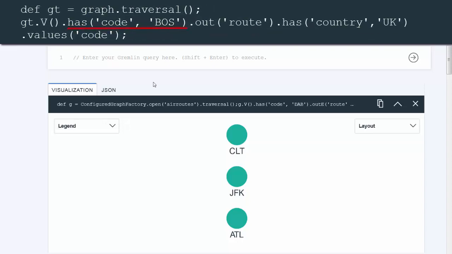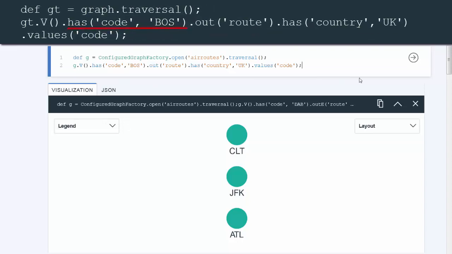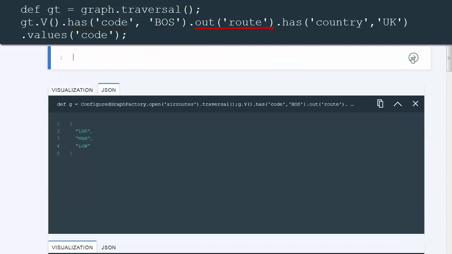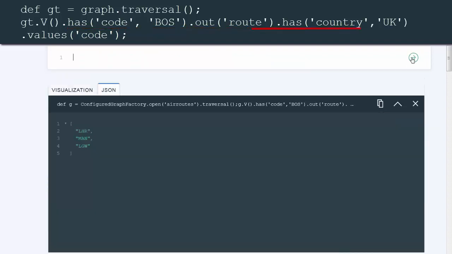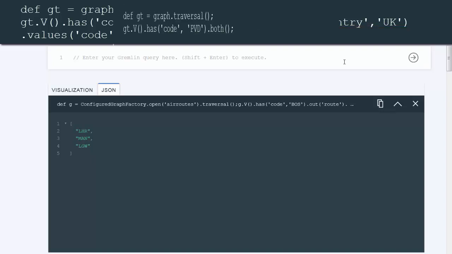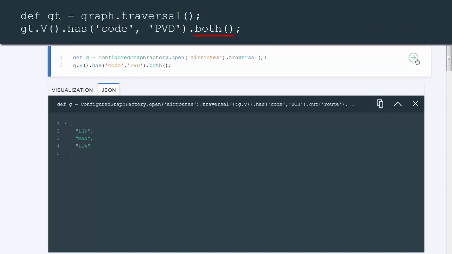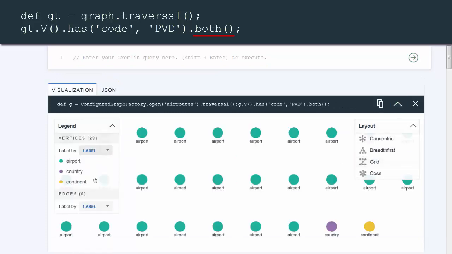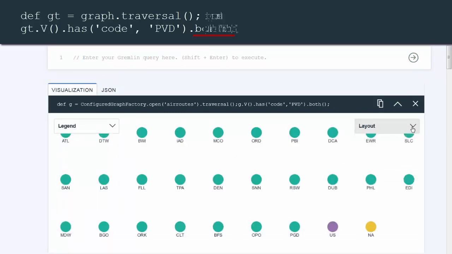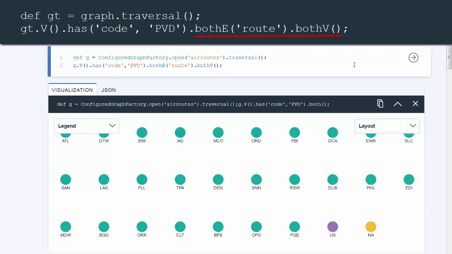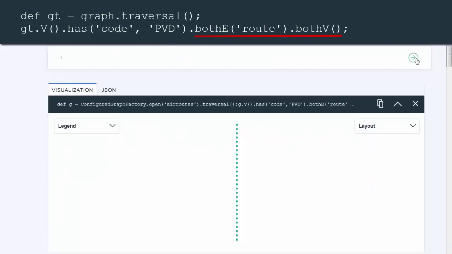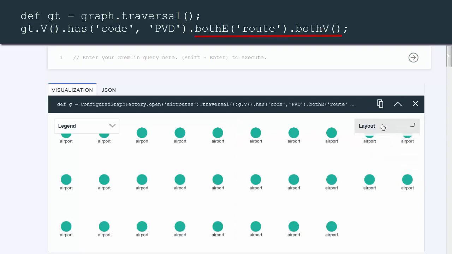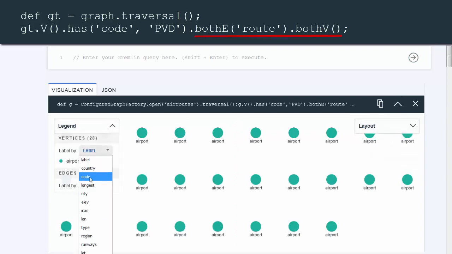This query uses has twice, first to filter Boston, then traverse out via a route edge to airports in the United Kingdom. This query uses both and returns the airports, continent, and country vertices associated with Providence Airport. This query uses bothE and bothV and returns the airport vertices with both incoming and outgoing route edges